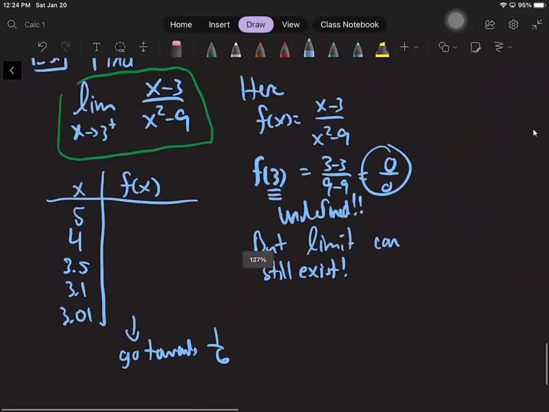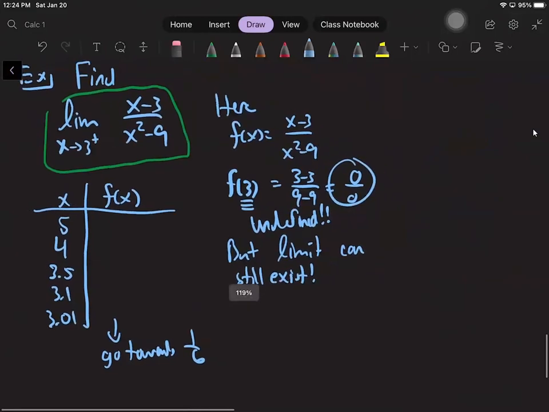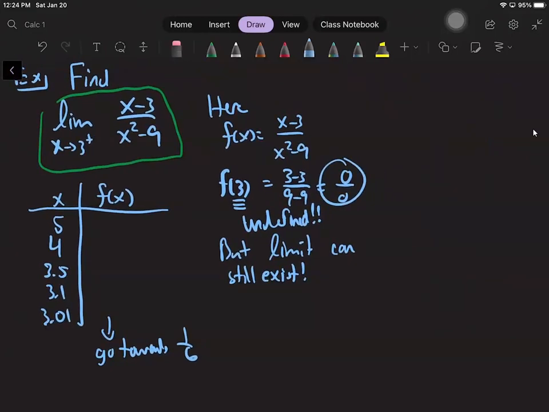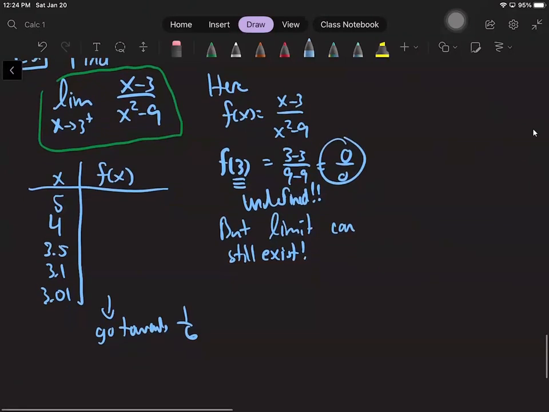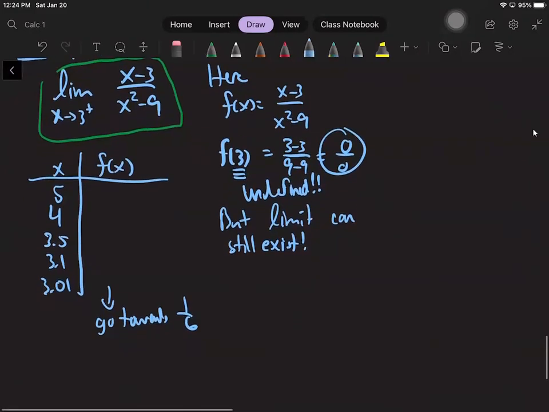We'll figure out ways to do this much more simply later. So don't worry so much about where I got that 1 over 6 from in this case. Right now, what you need to know is just how to interpret this information, which is to say,